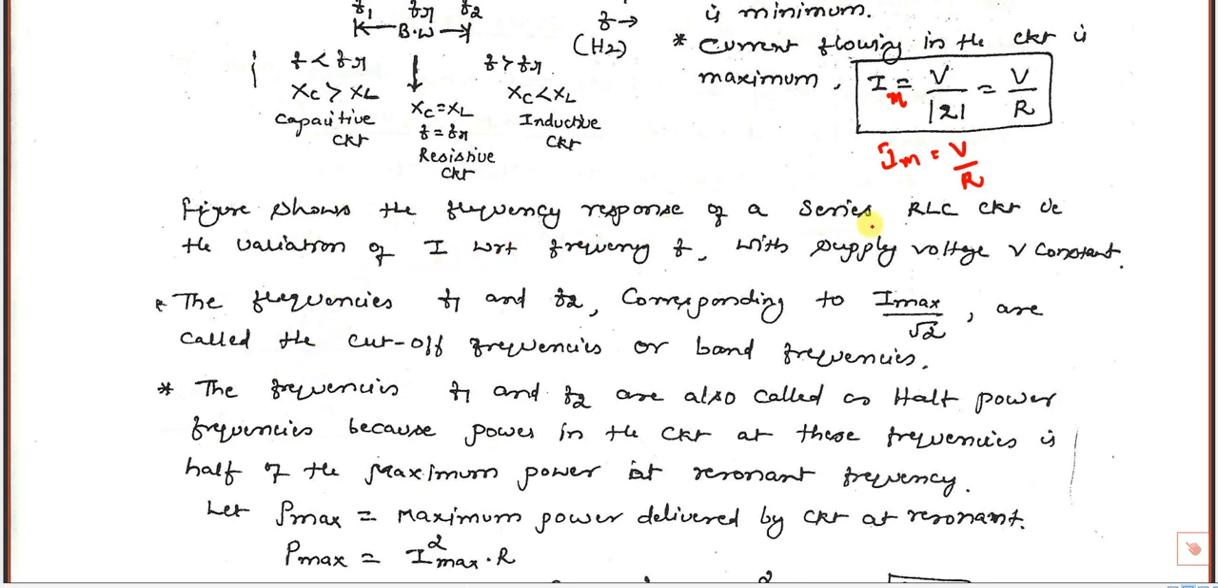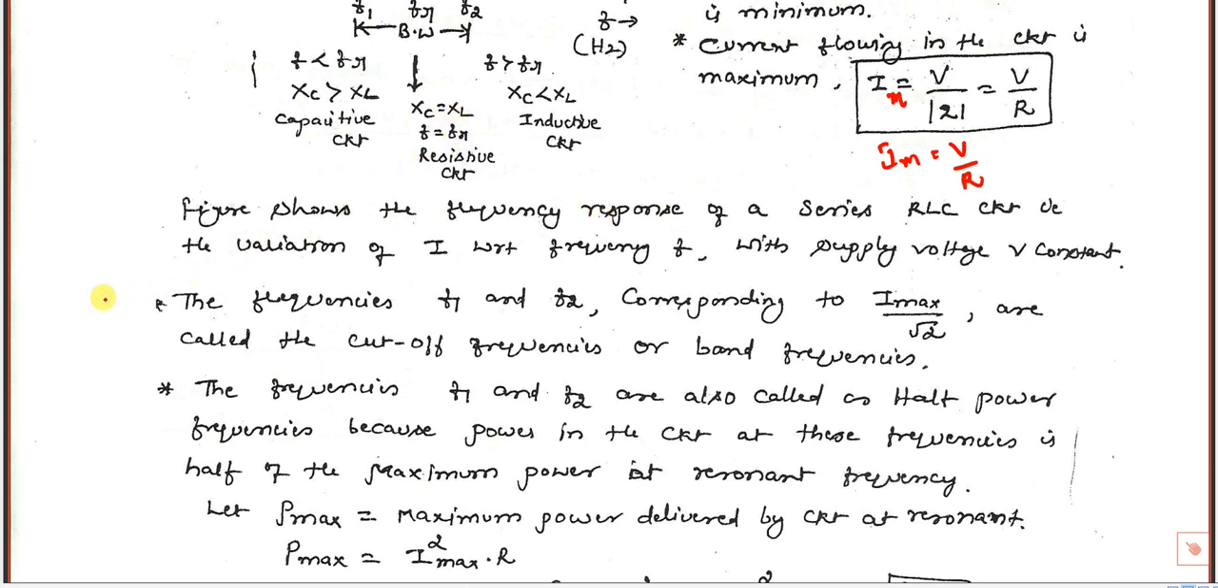The figure shows the frequency response of this RC circuit with the supply voltage kept constant. The frequencies F1 and F2 corresponding to I max by root 2 are called the cutoff frequencies or band frequencies or half power frequencies. So F1 and F2, where power is equal to half of the maximum power, we call the half power frequency or cutoff frequency or band frequency, and the difference between F2 and F1 is called